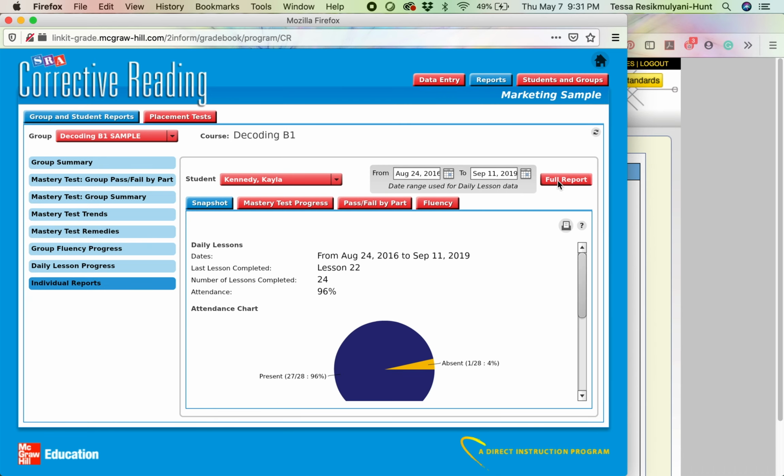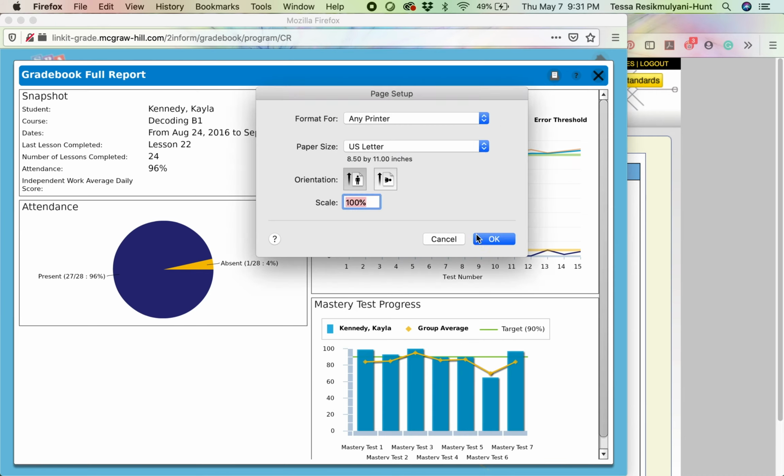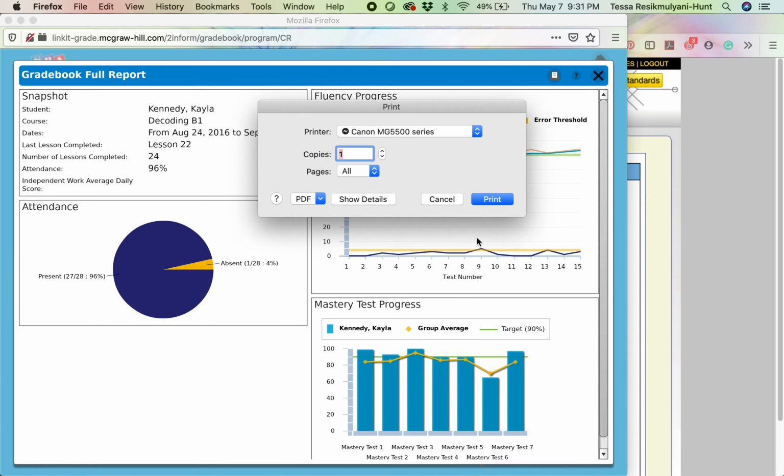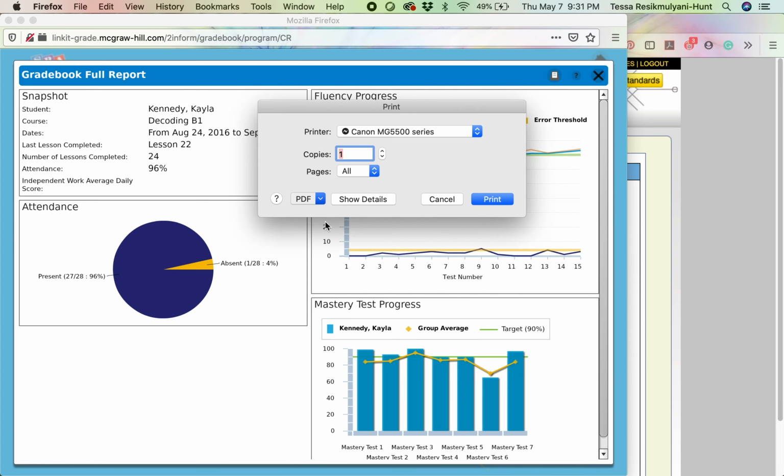Click Full Report, and it will show the individual student's full report. To print, click on the printer icon and make sure to save the report as PDF